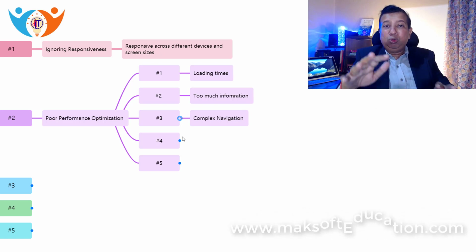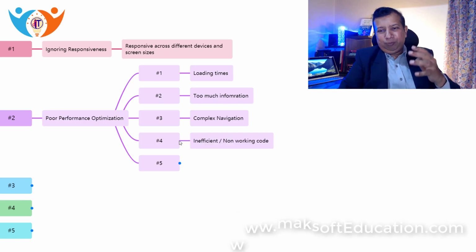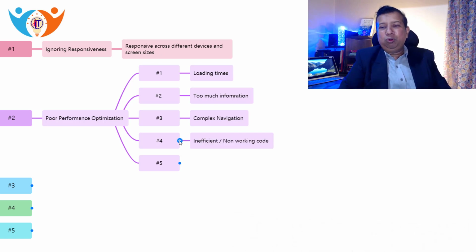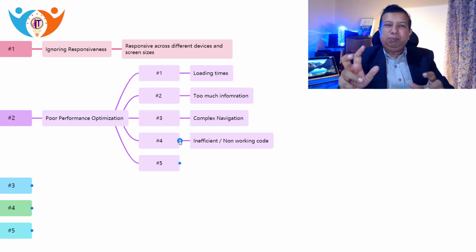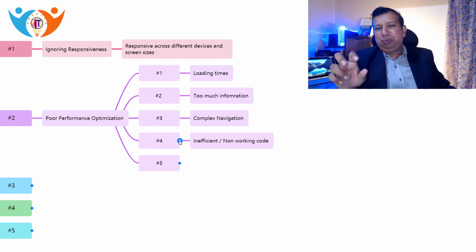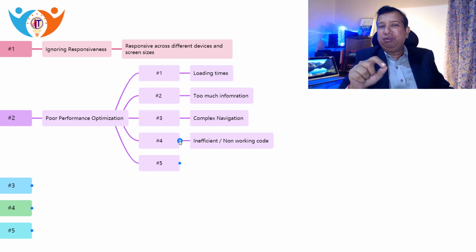You can give your menu at 2-3 different locations. The fourth one is inefficient code or non-working code. Sometimes a developer adds some code in your web page which doesn't work. Most of the time it happens for the map. In contact us pages, the map is not working properly, or it is not showing the proper location of your business, and it is a common mistake that happens. It creates a lot of problems for users who are trying to see your location.